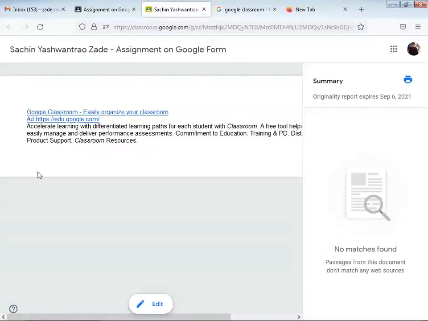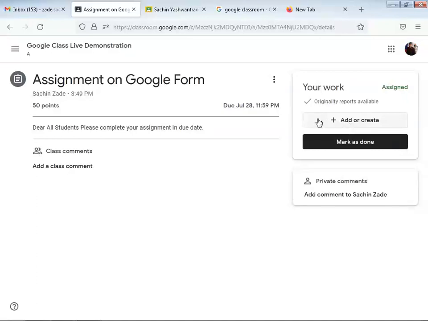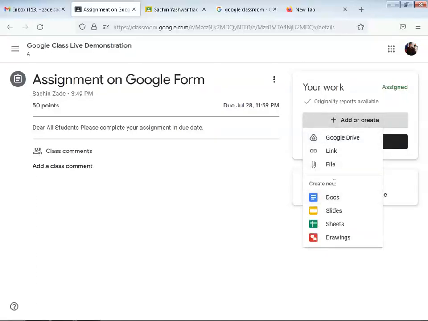So originally, this plagiarism report will exist in the student account for 45 days, and after 45 days this report will be automatically removed from the student account. So this will be useful for the student to check whether the content is plagiarized or not. Once the student uploads a file here, we will upload one more file.